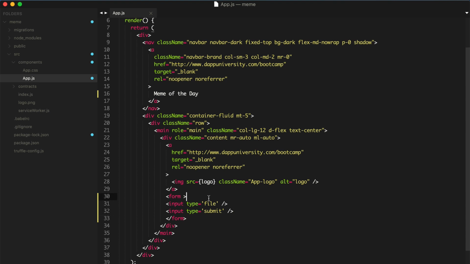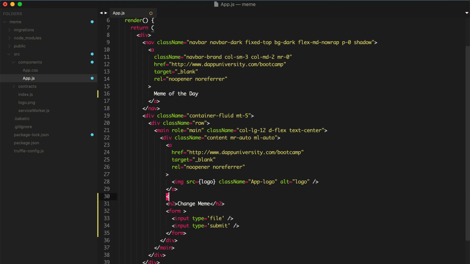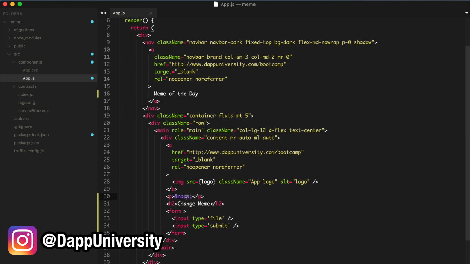Okay. So now let's go ahead and add some formatting to the code. Okay. We'll add, let's say, an H2. Let's say change meme. All right, go back here, change meme. Perfect. All right, now let's add a little space here. You could probably do this with Bootstrap. Let's try this. Well, I'll do it like this. This is kind of a cheating way to do it. This is just an HTML entity for a non-breaking space inside of a paragraph, which is going to show just,